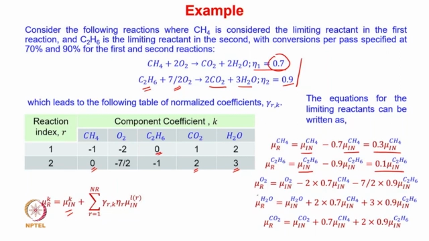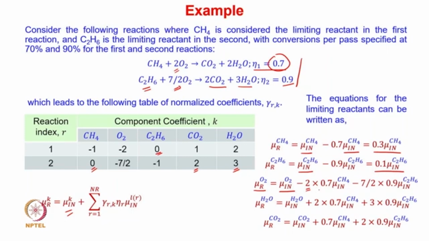And for the other component also we can write down the mass balance here. So mu r O2 is nothing but the mass balance for the oxygen. You can see that the oxygen is getting consumed in reaction 1 as well as reaction 2. So mu r O2 coming out from the reactor will be equal to mu r in, which is nothing but the input to the reactor, minus this 2, which is the stoichiometric coefficient, -2 because oxygen is getting consumed, multiplied by